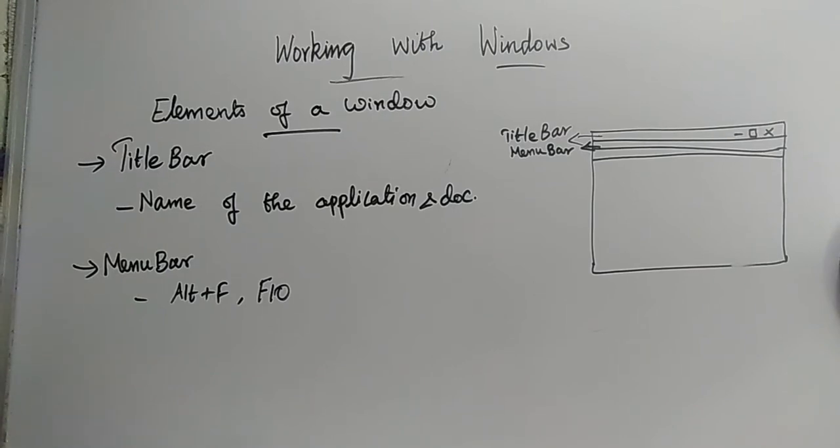For example, if the menu bar is not available on the screen, and you only have the title bar and the document area, what do you have to do to display the menu bar? You have to click Organize from the drop down menu and click the Layout option. Before doing this, you must be in your Control Panel, that is My Computer. In that, you have to select the option Organize.